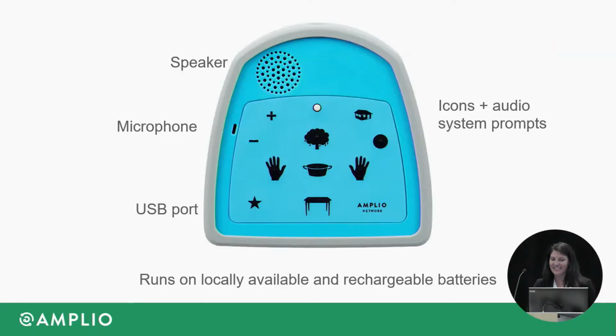So a little bit about the device here. You'll see that the front of it is designed with these icons that can be interpreted across languages, again, for low literate populations. The device itself was designed in collaboration with communities. There's a speaker where you would hear the communication material. There's a microphone where someone can leave a message, which is what we're going to be talking about today. And there's a USB port, which is how the device is charged, and then also how materials, like the content that's on the talking book, is put on the talking book, and then also the statistics, how those are aggregated into our database.